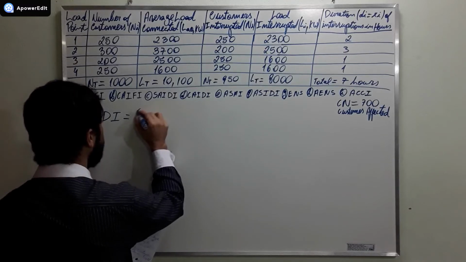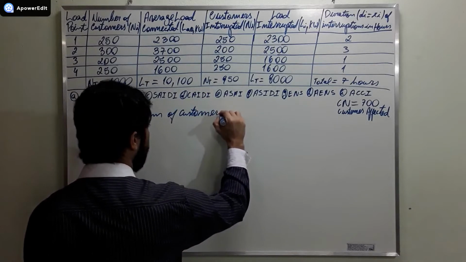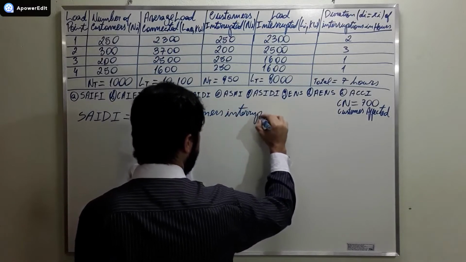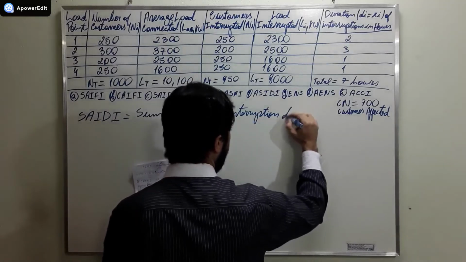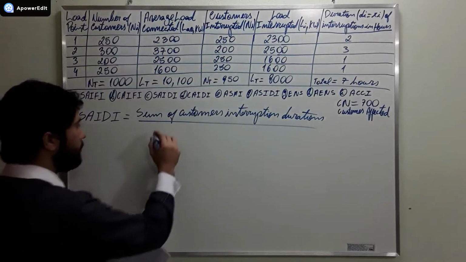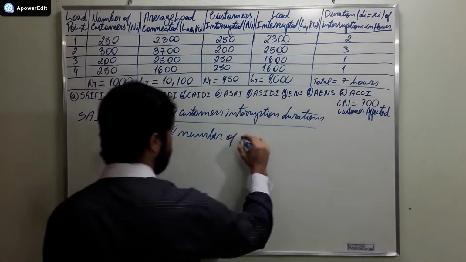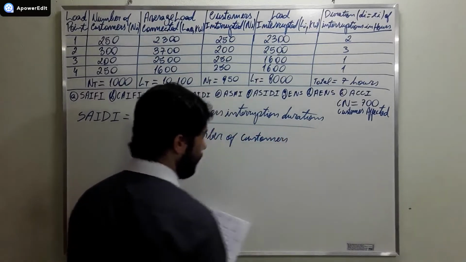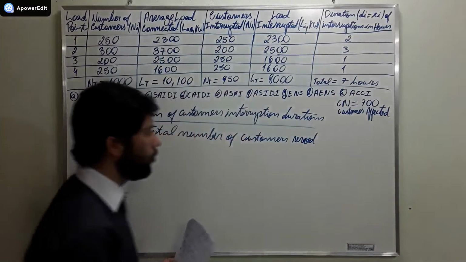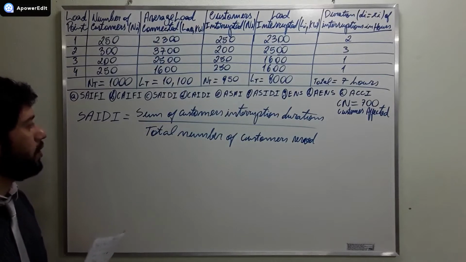So it's the sum of customers' interruption durations, and we divide it all by the total number of customers in the utility service area. Okay? Total number of customers in the utility service area. And here, the sum of customer interrupted durations,